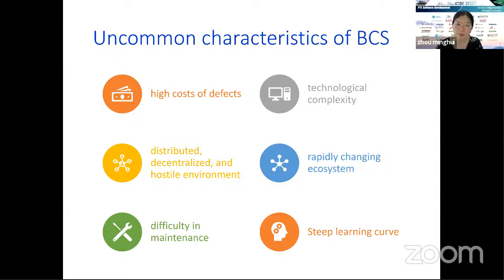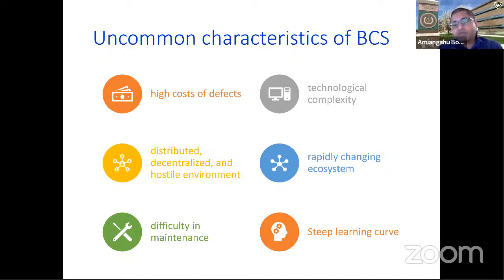Yes, I understand. My point is these characteristics might not be new. They exist in the traditional industry, such as financial applications. Yes, some of the